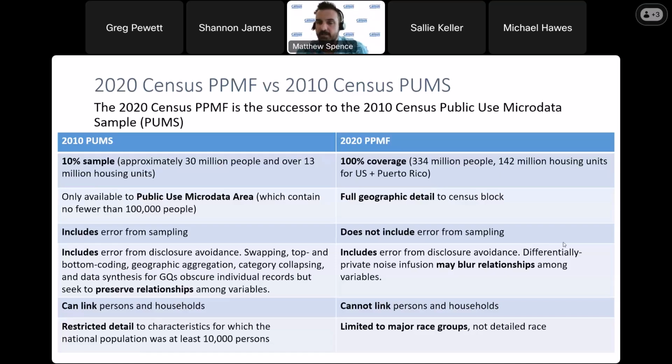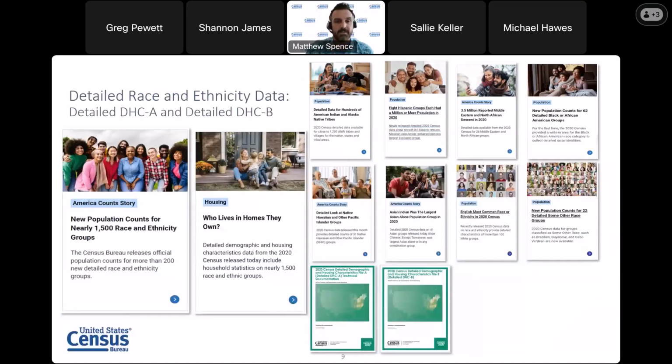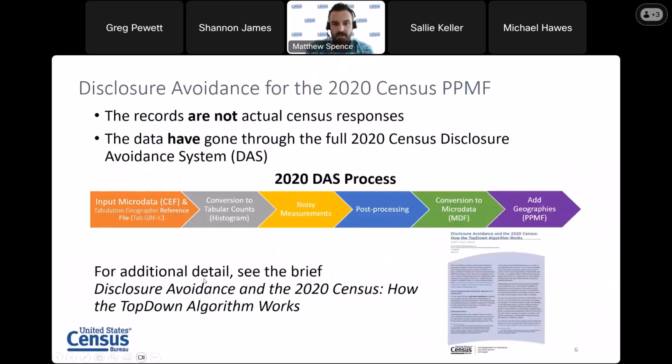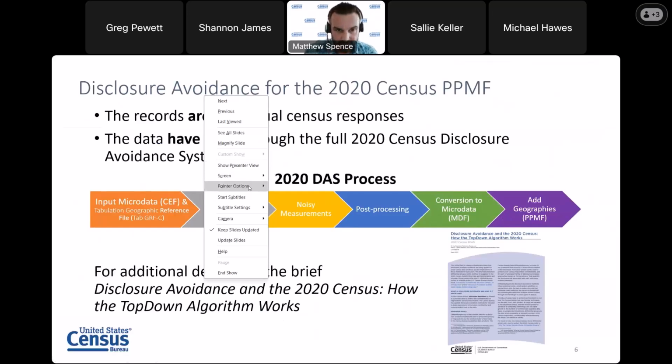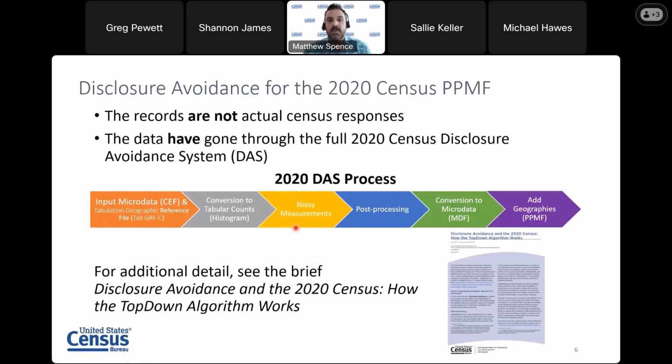Does adding noise ever create a negative value, such as -1 10-year-olds on the block? So that's Patrick's question. Let me actually go back for this question. Here in the noisy measurements part, you can end up with negative numbers. So adding noise does occasionally create negative numbers.